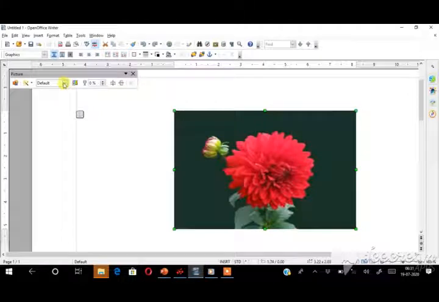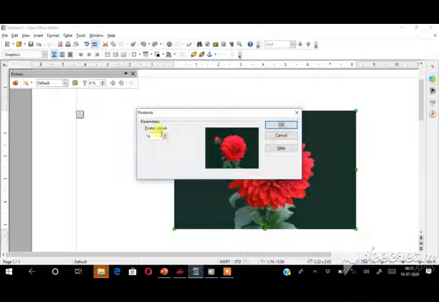Again see the next option, posterize. So this also you can increase and decrease the value. If you want to show the poster effect, you can use this one.